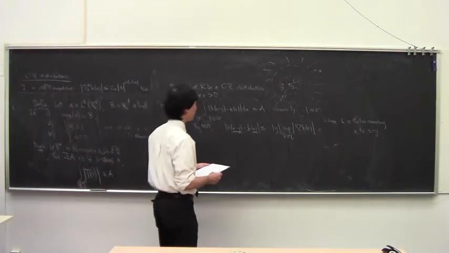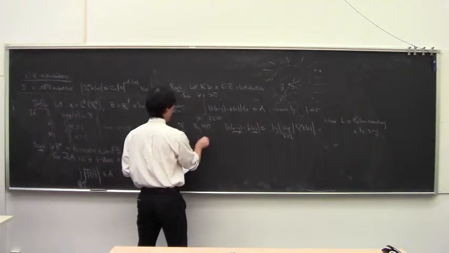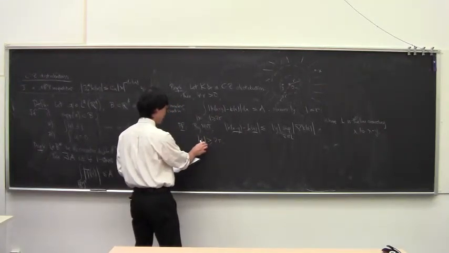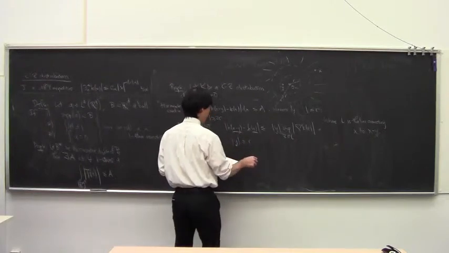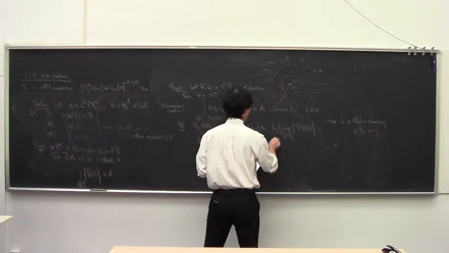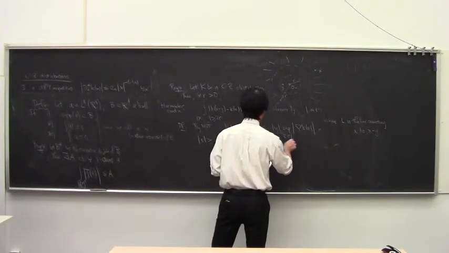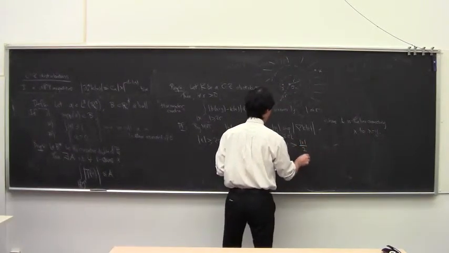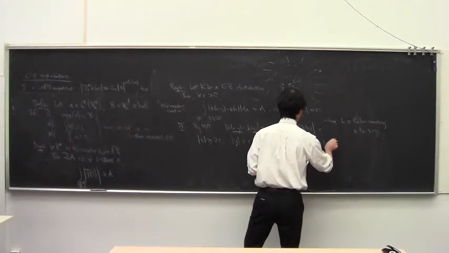Okay, so we know that the size of x is bigger than 2r, and the size of y is smaller than r. So that tells you that x minus y is bigger than the absolute value of x over 2, which gives you that the absolute value of z is bigger than